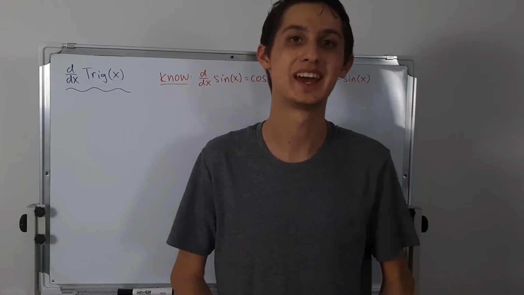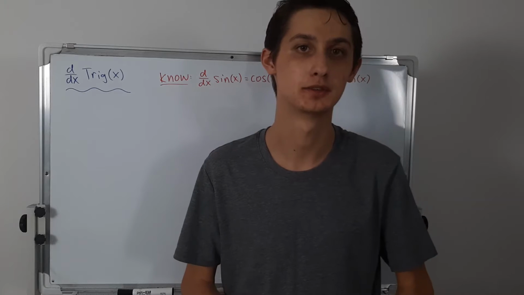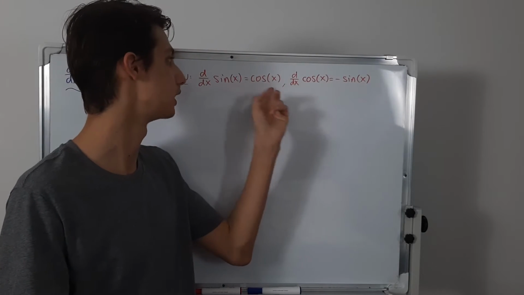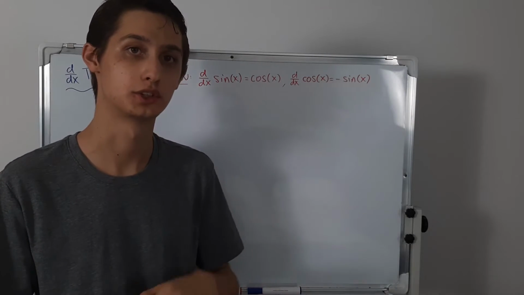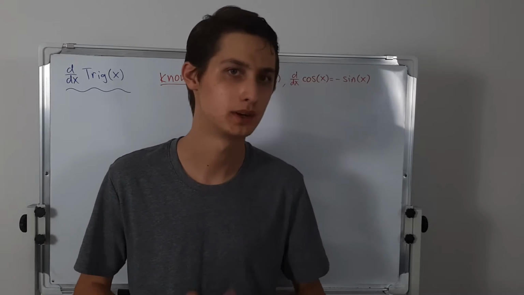Hey everybody, today we're going to be doing the derivatives of all of the major trig functions. Actually, we're going to skip to the derivative of sine is cosine, and cosine is negative sine. We're basically going to assume that those are true. And the way you would derive those, I think there are a few different ways, but one major way is